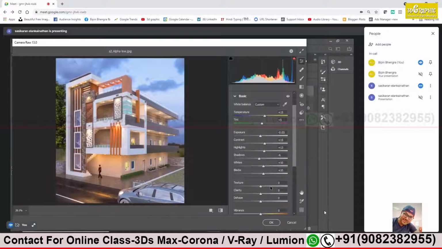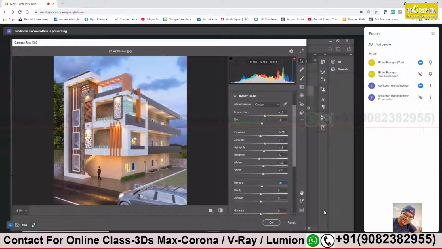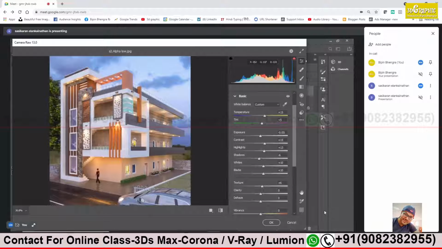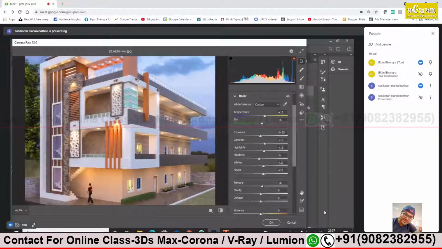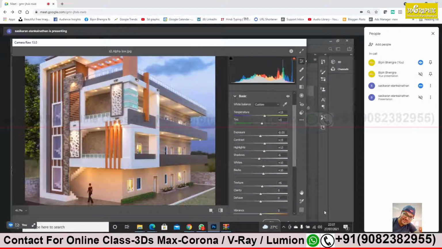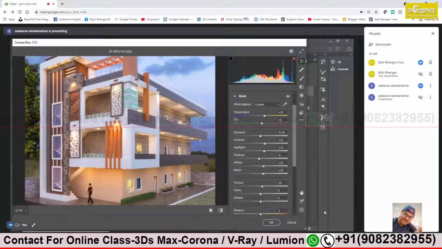Alright, next is the texture. Texture, clarity and dehaze, all three options below will highlight your texture. Now try to zoom your image. Just click, simple left click. Yes, zoom more. Now see, if you increase the value in texture, it will highlight your texture more.